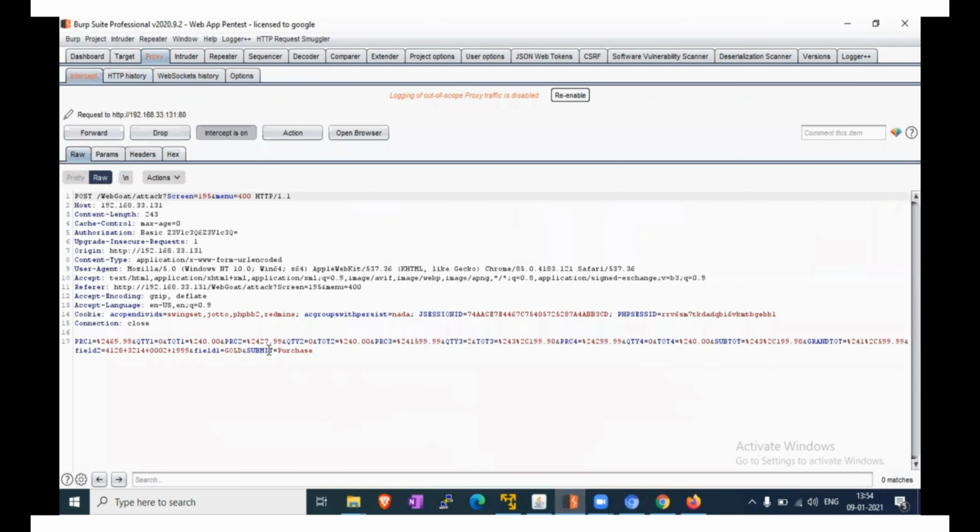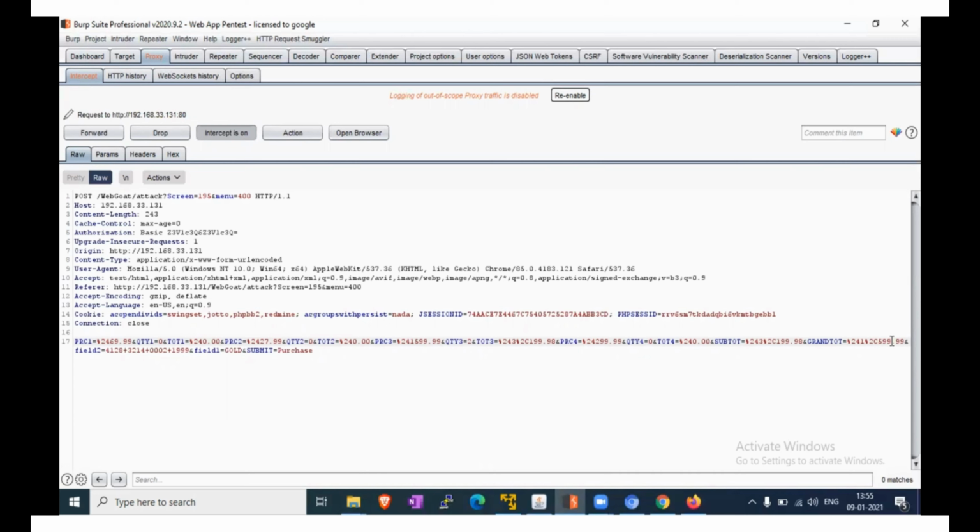Now we receive the request and here we can check the grand total. We will modify that request to $0 here. For that, we are just entering the value.